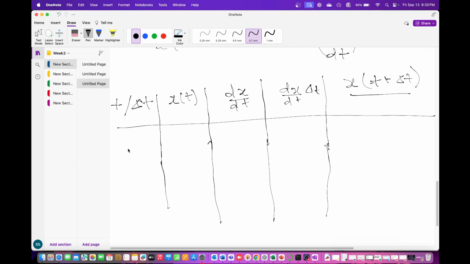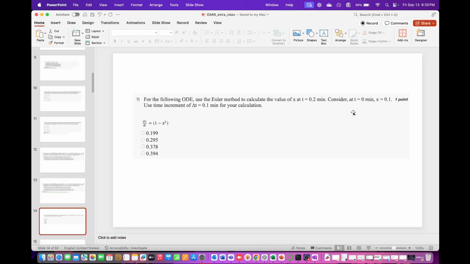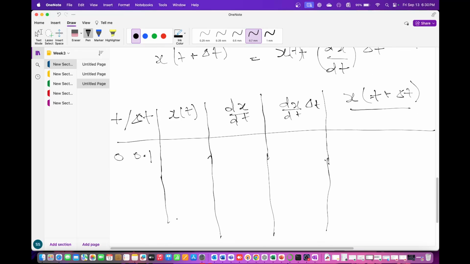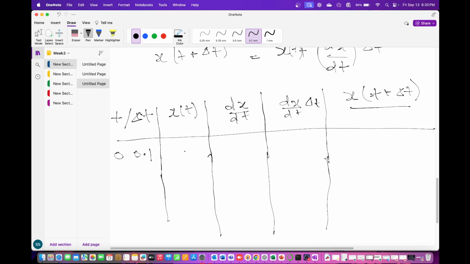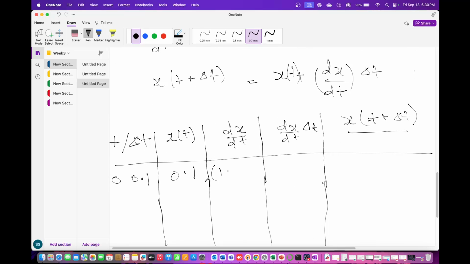Okay, so you start with t equal to 0, delta t equal to 0.1. Your x is given here, so your x at t equal to 0 is given as 0.1. Delta t is also given as 0.1, so we are taking delta t as 0.1. Now if you calculate, dx/dt is basically 1 minus x square, so 1 minus 0.1 whole square is equal to